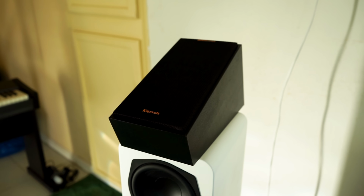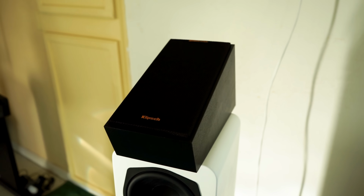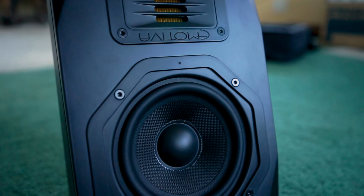So if I were to rate these 4 Atmos speakers, I would say number 4 is the Klipsch R-41SA. The slightly muddy mid-range was surprising, the rubber feet that come pre-installed, it's the longest of the bunch, so if size matters to you, that might be an issue. Coming in at number 3 is the AirMotiv A1. A bit brighter than the Klipsch, but still sounding like a B-team speaker. It does well being one of the cheapest of the bunch though. So if you're wanting to stick to a budget, the Klipsch and AirMotiv speakers still get the job done at